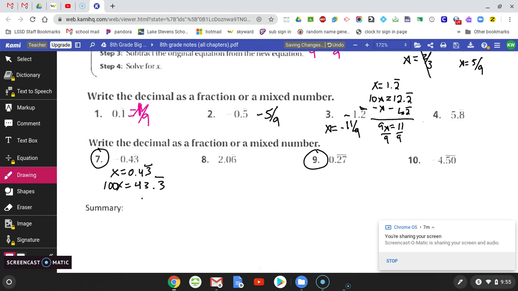The reason I changed it is that even though only one number is repeating, there are two numbers after the decimal, and I want just what is repeating to be after the decimal. So when I multiply by 100 and then subtract away the original x, that will give me 99x. And then when I subtract away the 0.43,